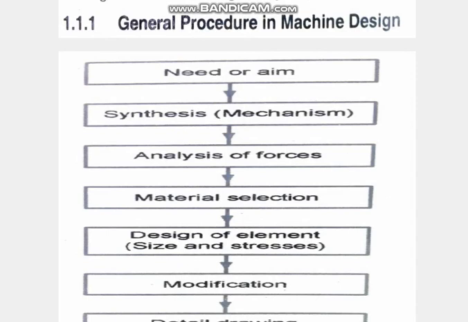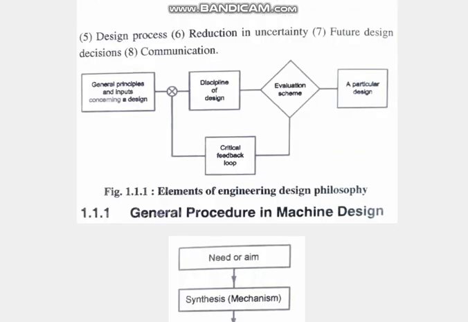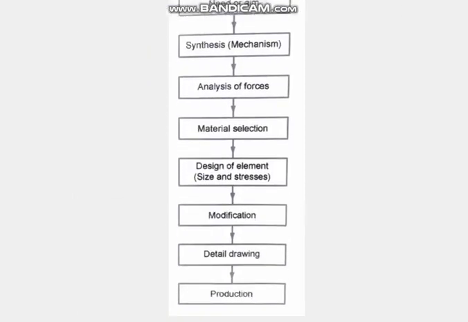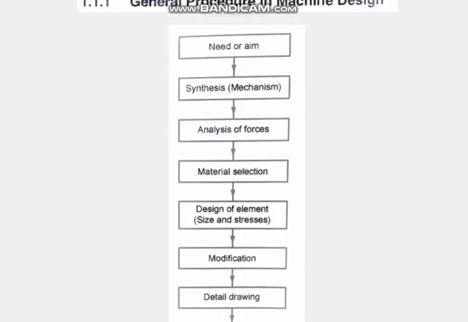So what you have to do is find out all the components that will be needed in that machine. You have to select the possible mechanisms and the desired motions that are going to act upon those components that are going to be part of that machine.